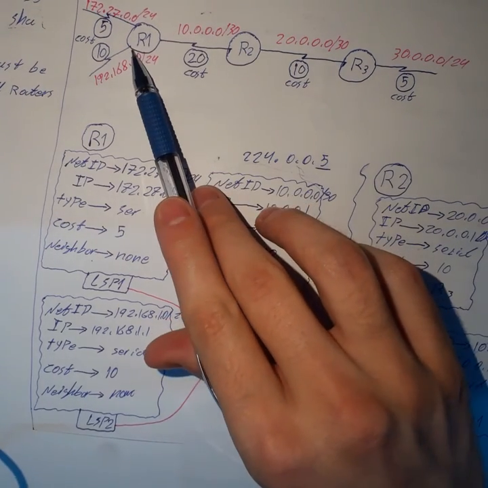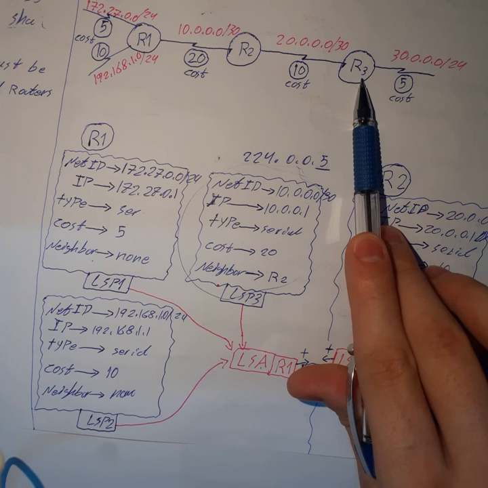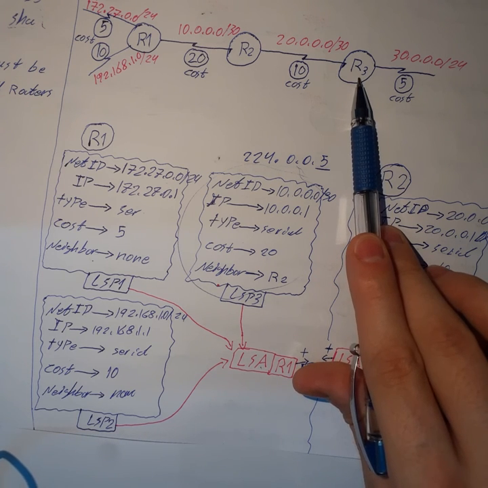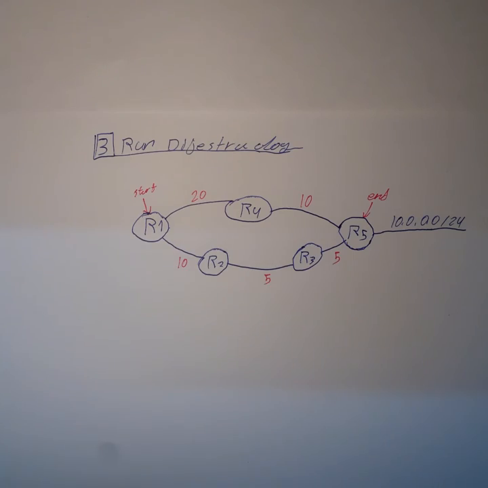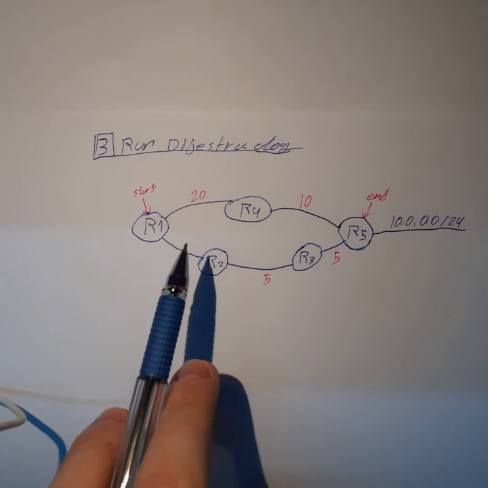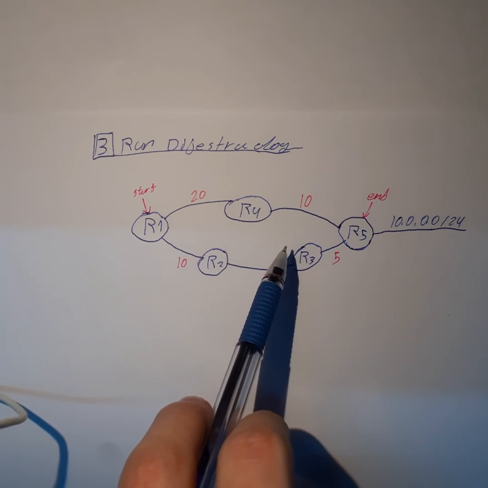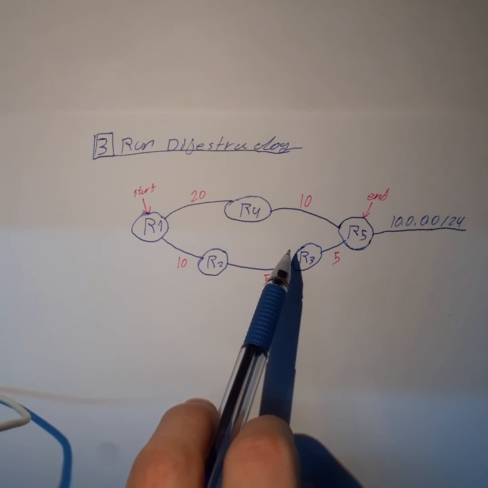So router 1 now knows every single piece of information about router 3, our cost, and what is the best path to reach it. Now after we run OSPF and all the routers know each other's best path,